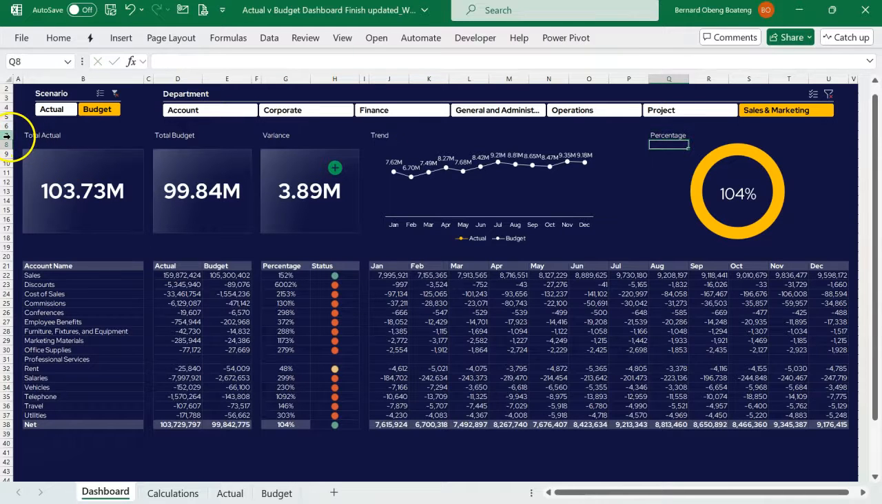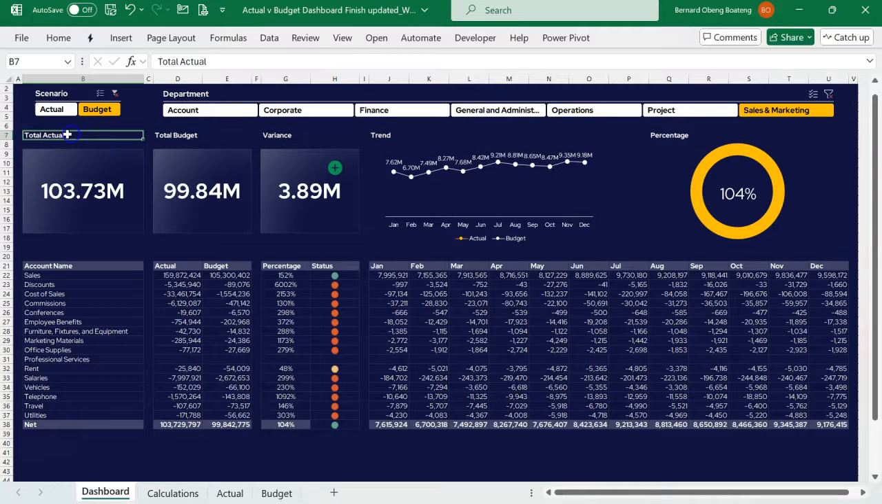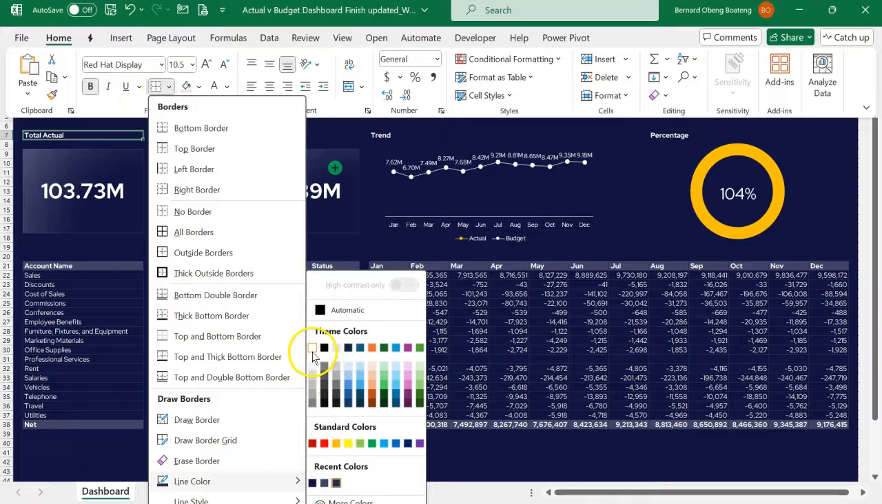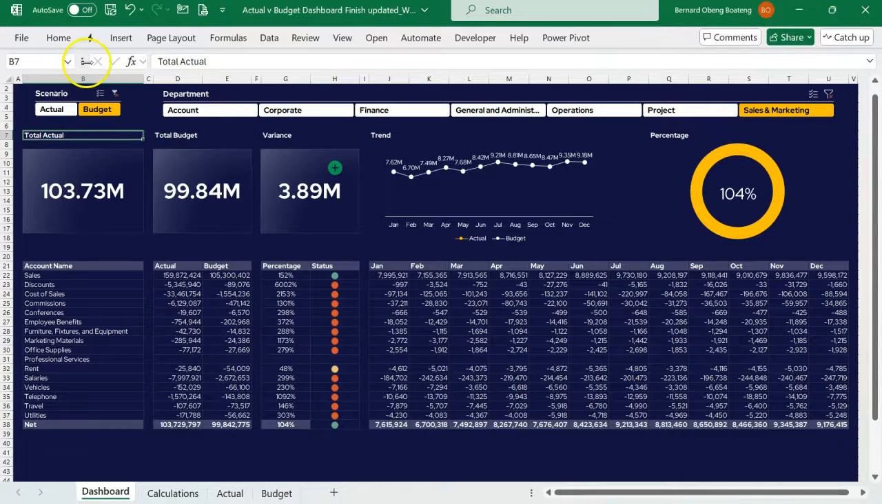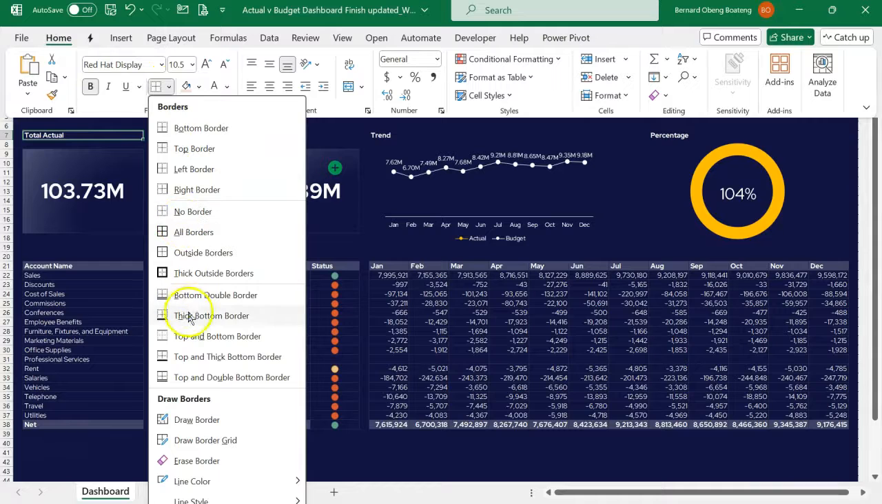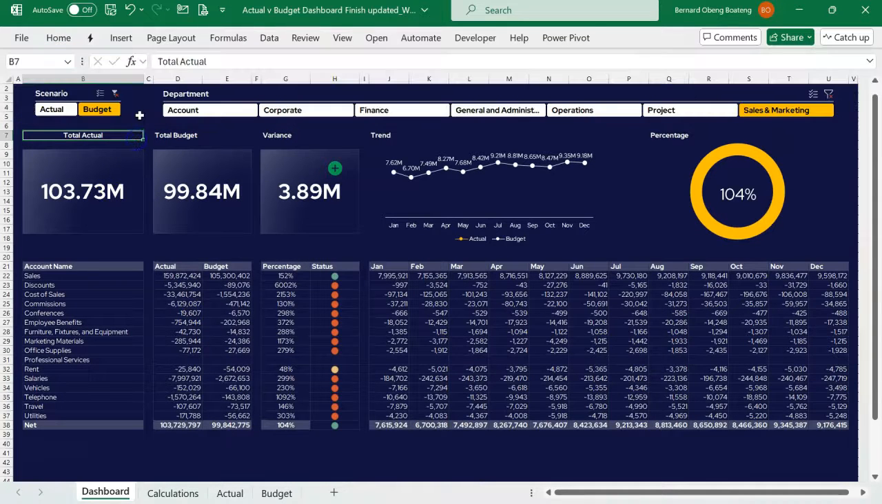Now for all these, I can highlight and then I'll bold this. Now what we want is a thick border line to underline these. So I'll select the first one, come here, change my line color to white, and then I'll select the thick bottom border line for this one, and then I'll center. Now this one is easier because it sits in one column, but for this one that spreads over two